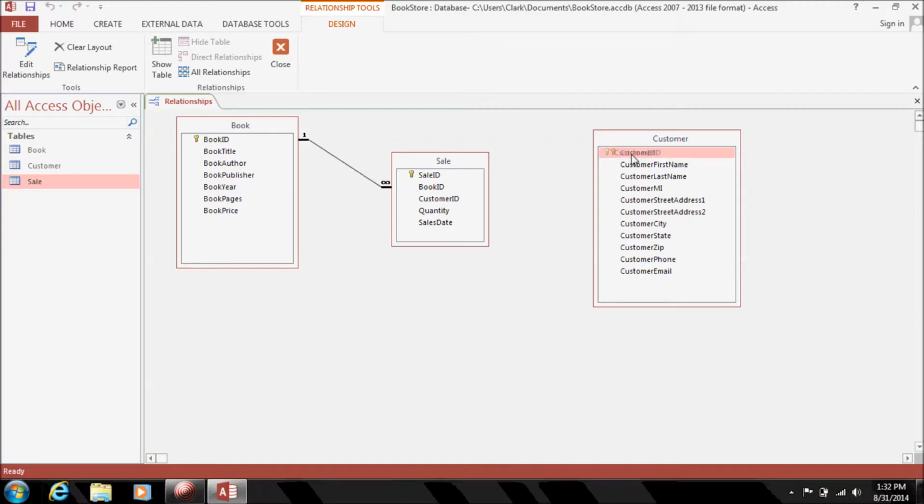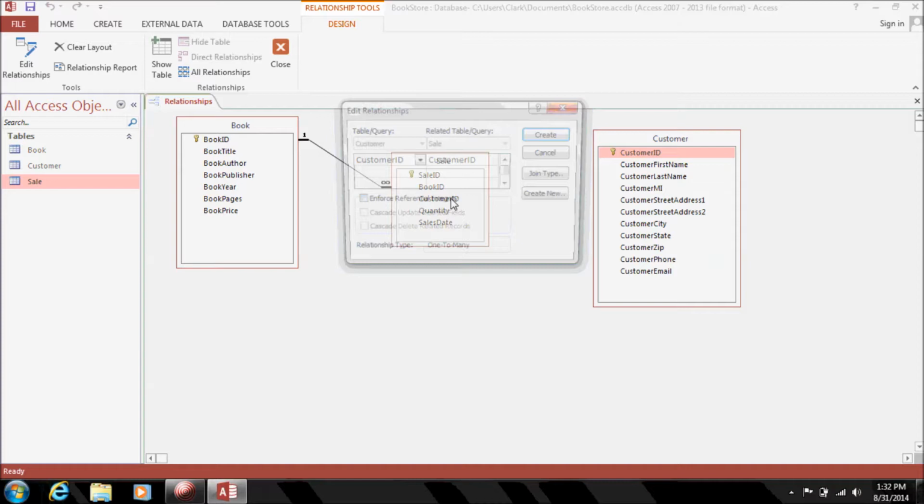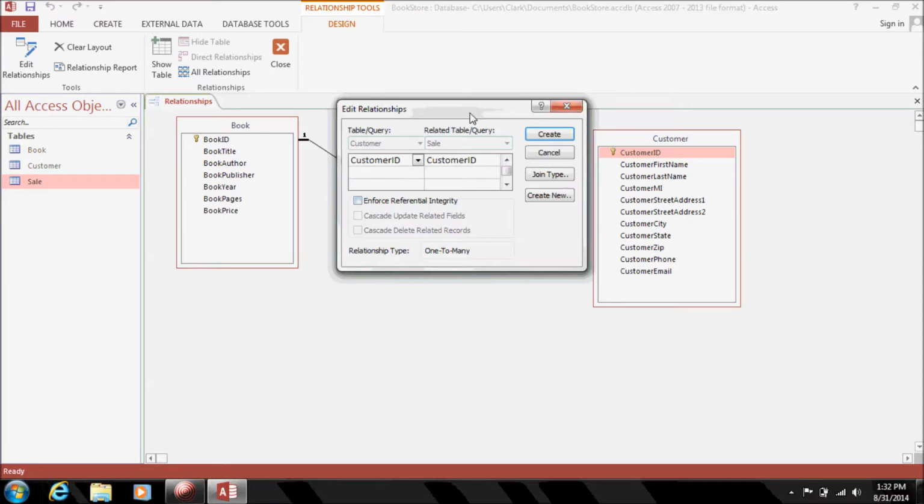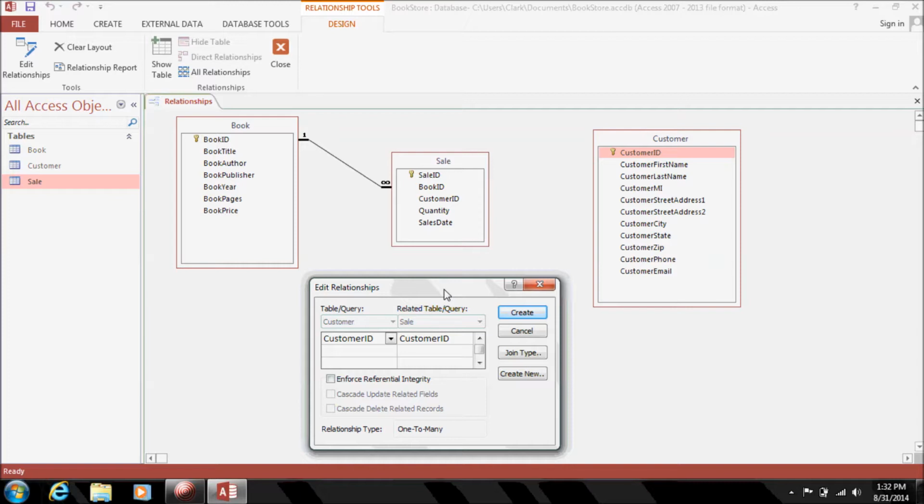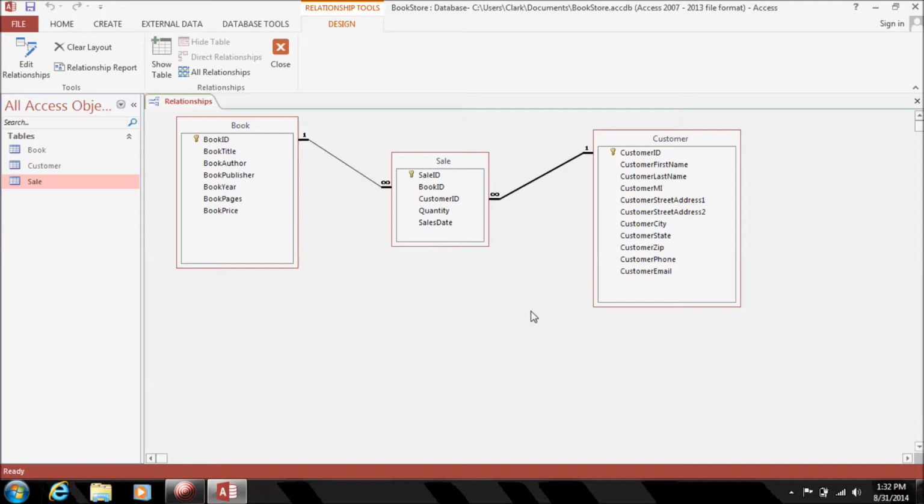Now let's do the same with customer ID. We're going to drag it from the customer table and drop it on top of this customer ID field in the sale table. It gives us another pop-up, and again what it's saying is the customer ID must exist in the customer table before that customer ID can exist in the sale table. Enforce referential integrity, hit create. So one customer can have many sales, but a given sale is only for one customer. So now we've created our relationships. Let's hit save,